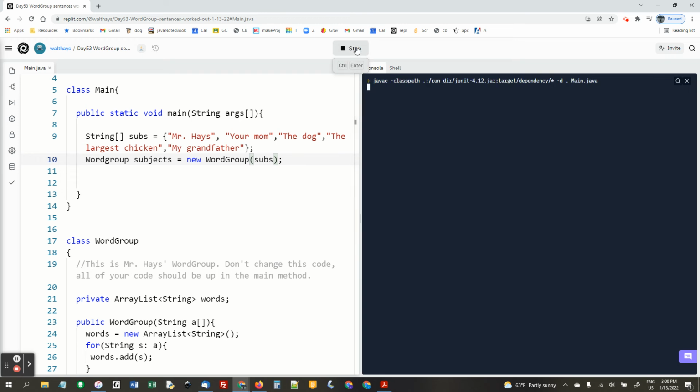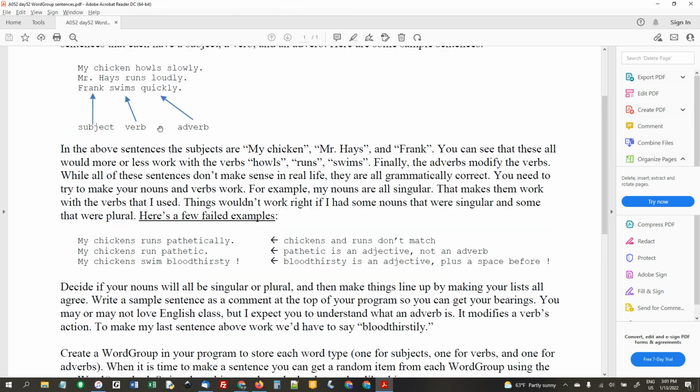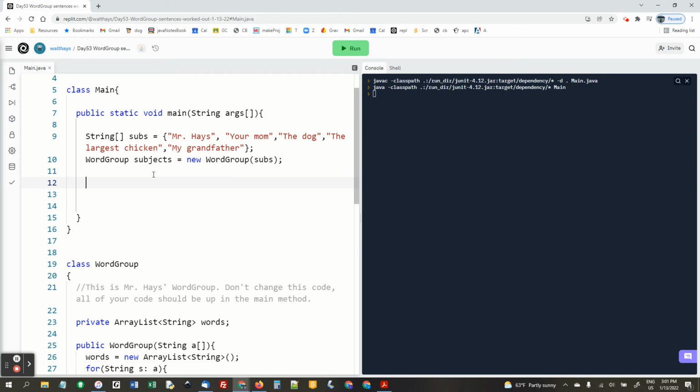Run it, make sure it works. I spelled WordGroup wrong. You need a capital G. I thought I'd check it right up front before I went ahead and did a whole bunch of stuff. All right, that runs fine. And now, per this, we're going to have a bunch of subjects, a bunch of verbs, and then a bunch of adverbs. And notice all these subjects are singular, and that way I can use verbs that are all in agreement with that. So we're going to say string array verbs equals